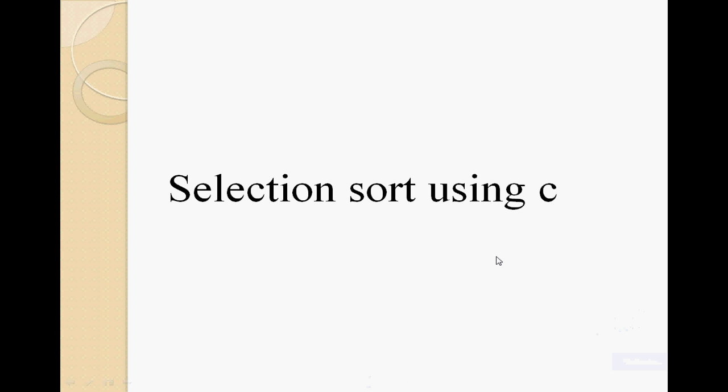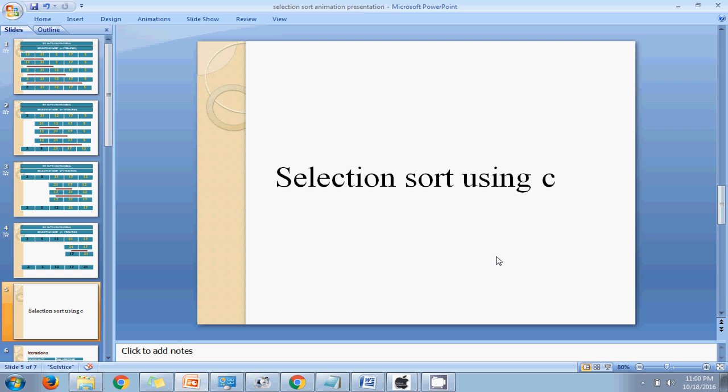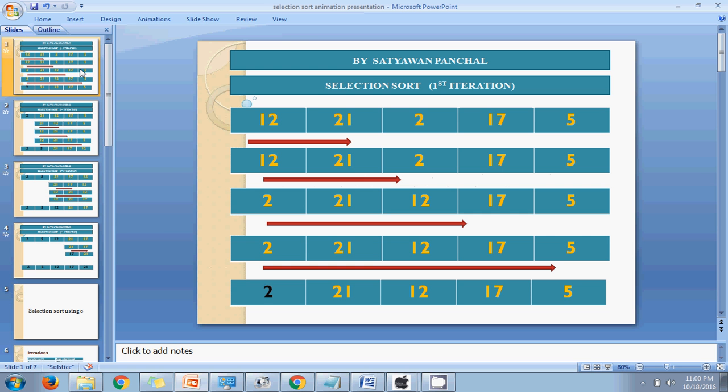And in this video I will tell you how we code selection sort in C language. In my previous lecture on selection sort you saw how we follow the steps in each iteration. If you concentrate on the last presentation, in the first iteration I'm comparing